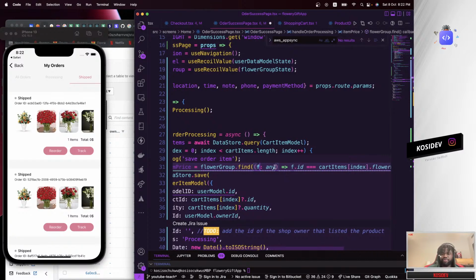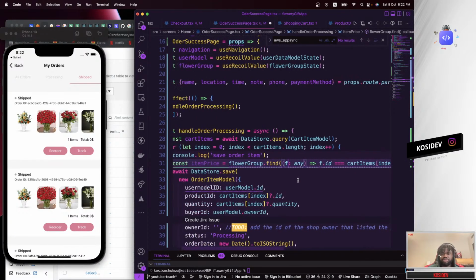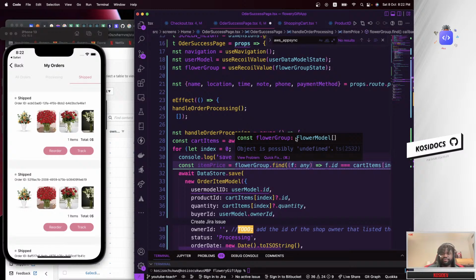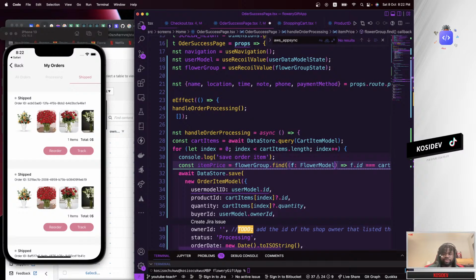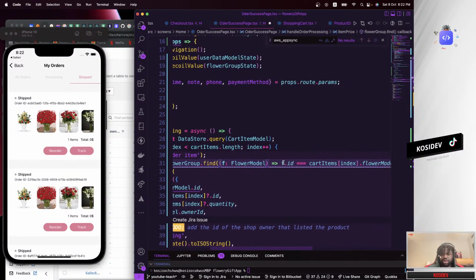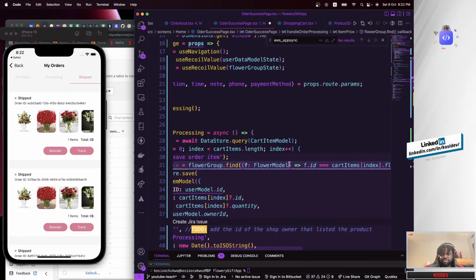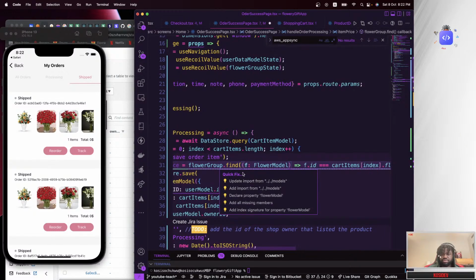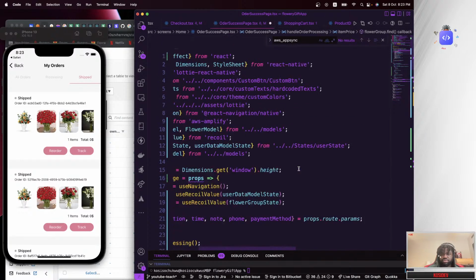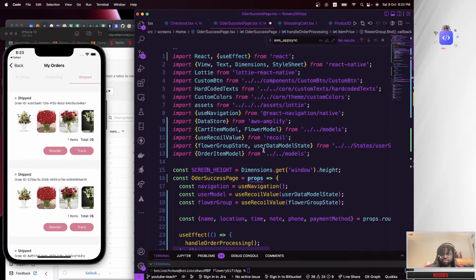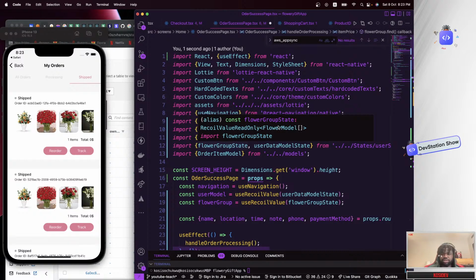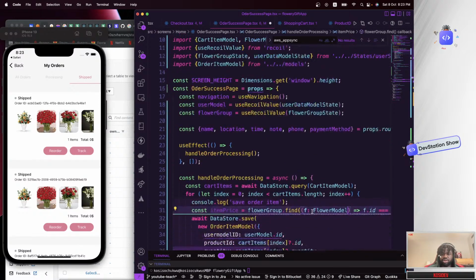Find where f could be anything, but in our case, f is a flower model, of type flower model, f the ID, so Flowery group state is an array of flower models.